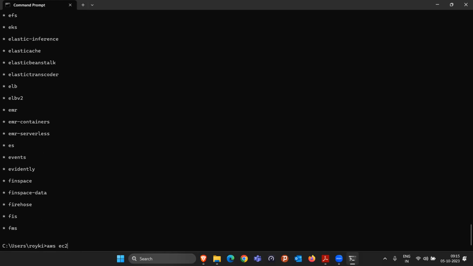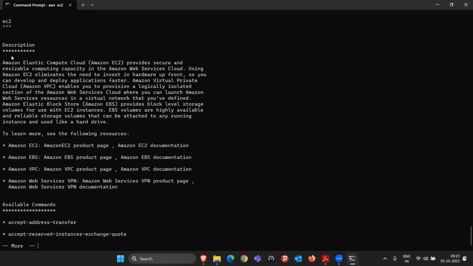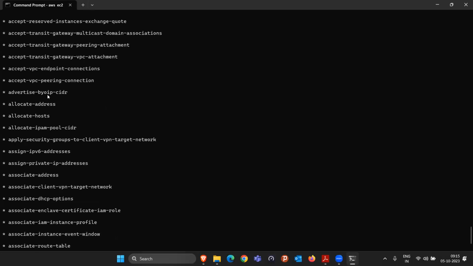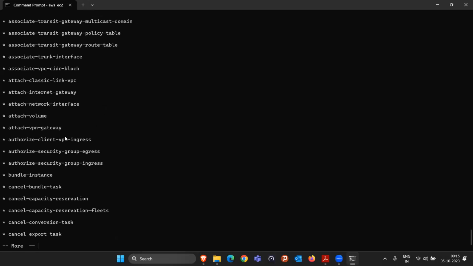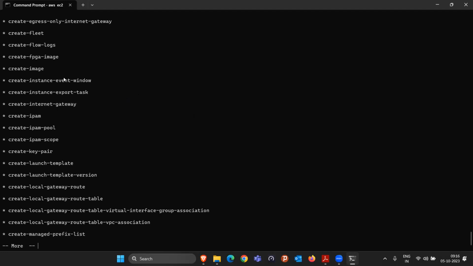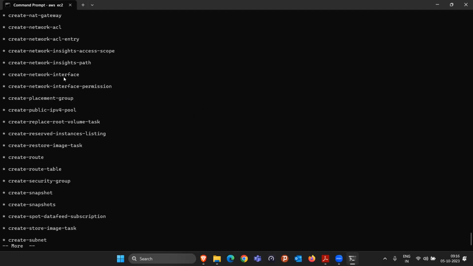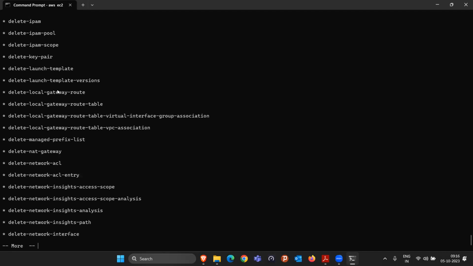There is a service called EC2, but again, I don't know how to use this service, right? So I'll be using the help. AWS will guide us on how you can work with EC2 and what things you can do. They're guiding us, and they are saying that these many things you can do in the EC2 instances. If I want to describe the instances or list all the instances, something like that is written somewhere or not. Okay. So if I say AWS EC2